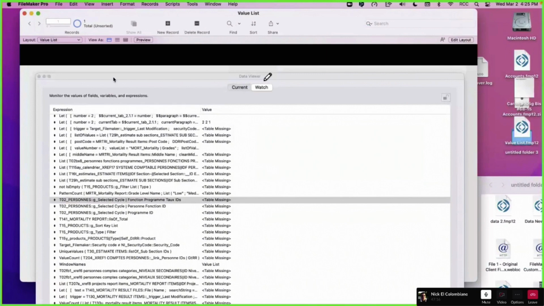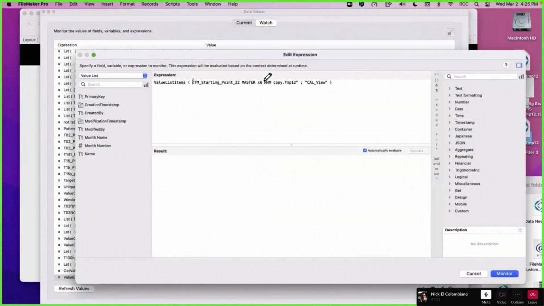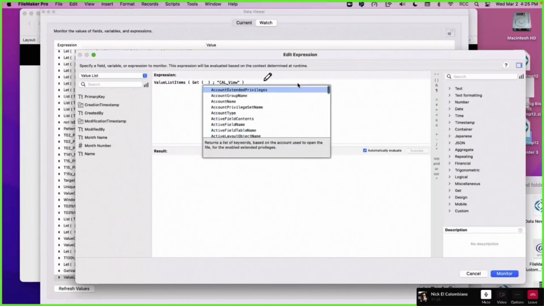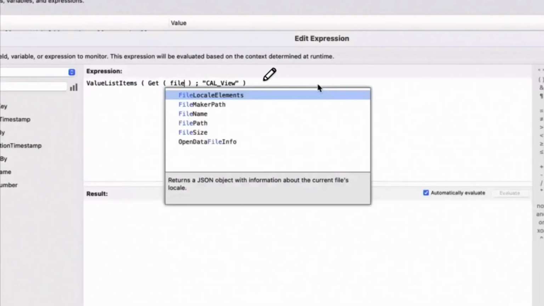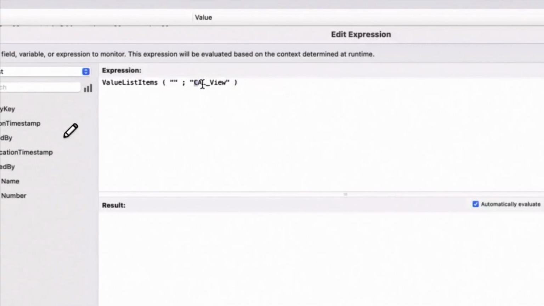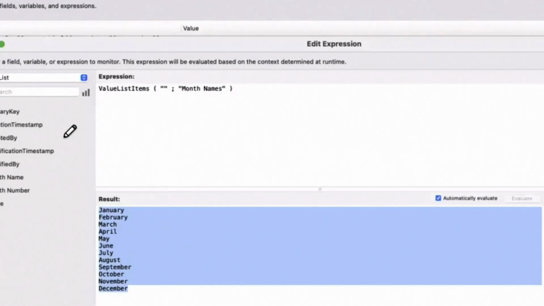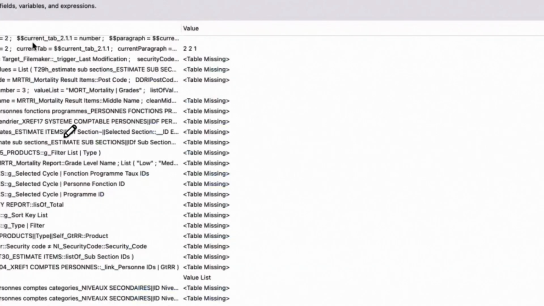Okay, so let's go back to our friend here. I want to be in the current file. So if you want to do something clean, you can say get file name. You can do this if you want to stay in the same file, or you can just say double quotes. Double quotes is the same file. And here you say, okay, I want names, or I want month names, right? So it gets this. Beauty is this.